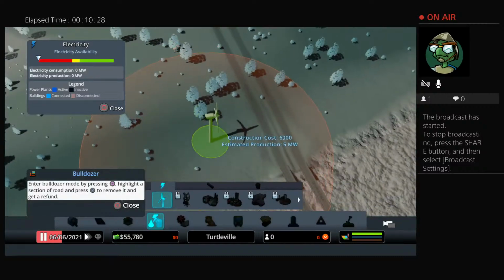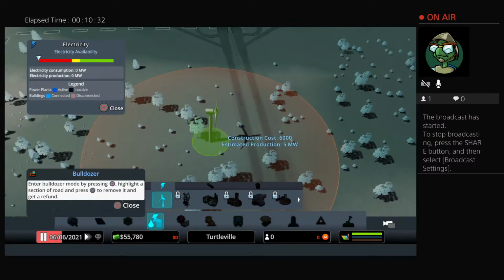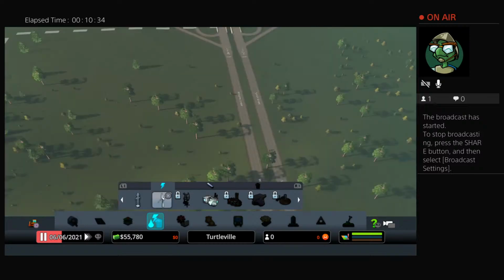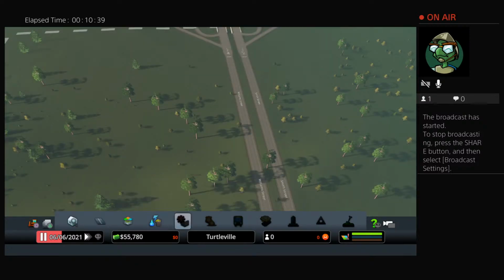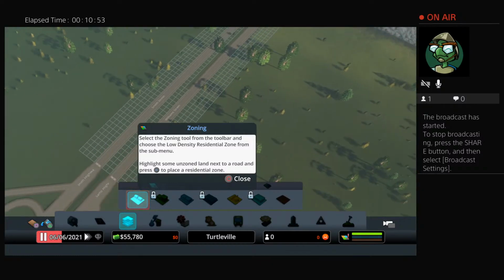So we're going to have to figure out though, right? Because we're going to have to be able to connect things to that. Alright, so let's not go for wind turbines yet. Anything else we need? That's the inspector. So we got roads. And that's a density commercial, and that's a residential. Okay, so